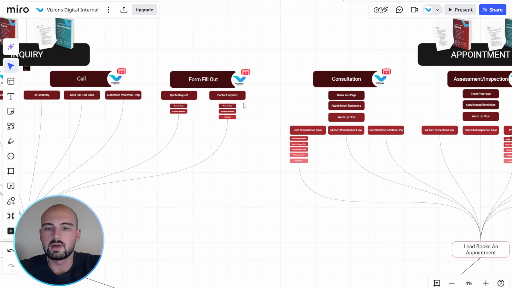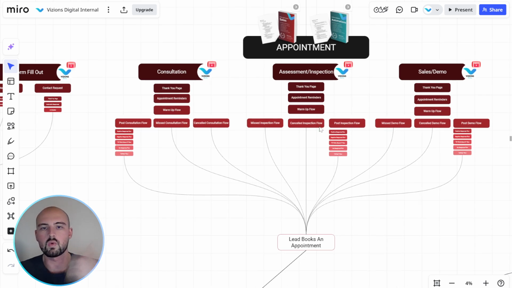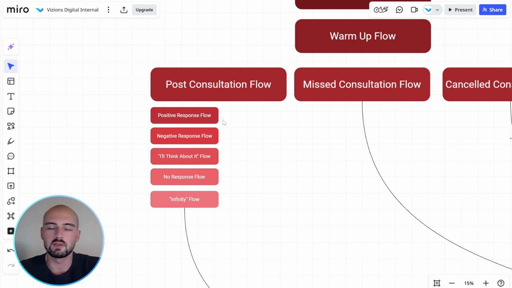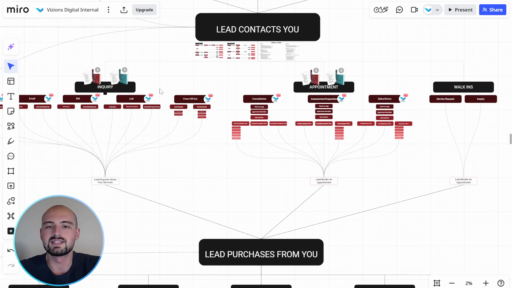Then we're also going to talk about the types of flows you could set. So if somebody's booking an appointment with you or they're inquiring about your business, you can set them on maybe a positive response flow. They give you a positive response on the call, you send them a certain flow, negative response, so on and so forth. So we're going to talk about basically every single flow you could create that could save you time in your